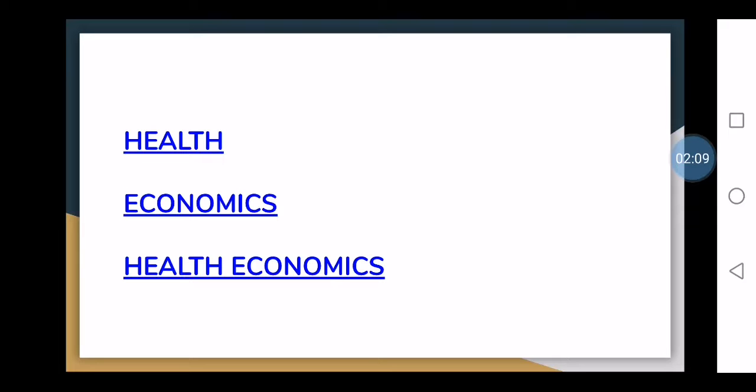When we look into the various definitions in the soft notes, I have given many definitions. Whichever is comfortable for you, you can learn. But at least you should learn by heart one proper definition of health economics. We can say health economics is a discipline that determines the price and the quantity of limited financial and non-financial resources devoted to the care of the sick and promotion of health. Otherwise, we can say health economics is the study of how scarce resources are allotted among the alternative uses for the care of sickness and for the promotion, maintenance, and improvement of health. That's what I have told.